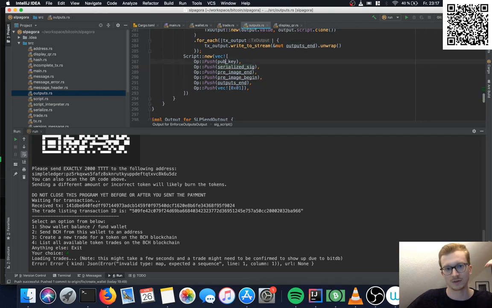So this is the signature, this is the public key, and by the way, they can be random. We can just pick any private and public key pair and sign the transaction with that. But we'll get into that later.